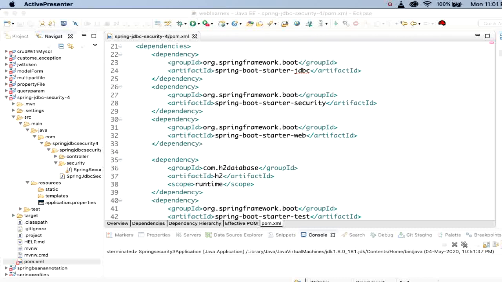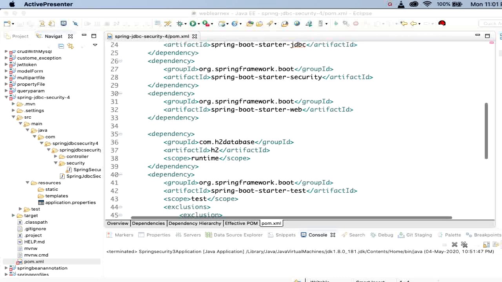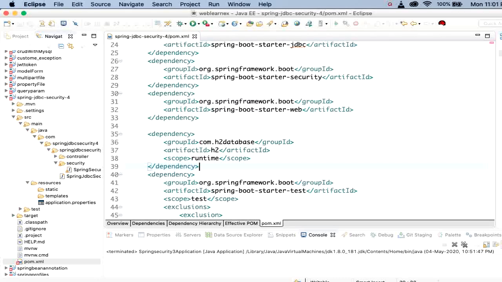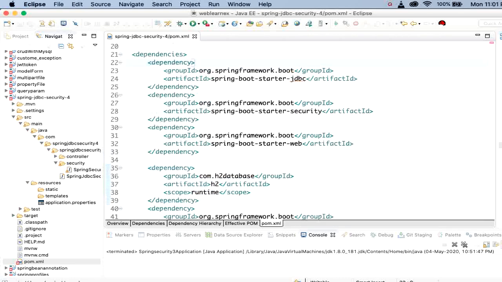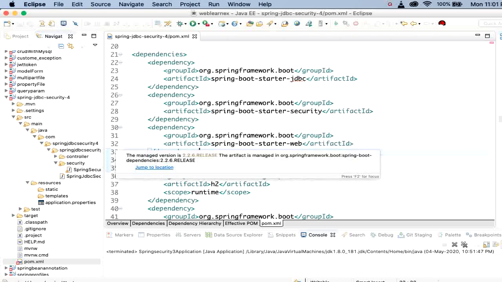Spring Boot provides one inbuilt database, H2, so I have configured it, and I'm demonstrating on this database only. The same kind of thing we can add with MySQL or Oracle or any other database. We only need to add the dependency for MySQL or Oracle and pass the query. Nothing much changes. I will demonstrate that also.